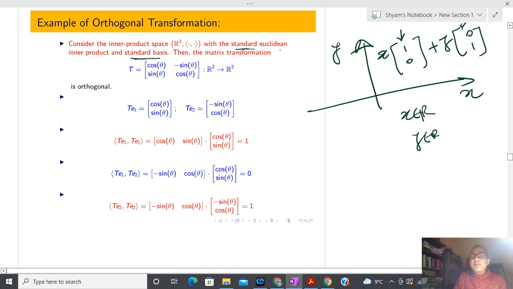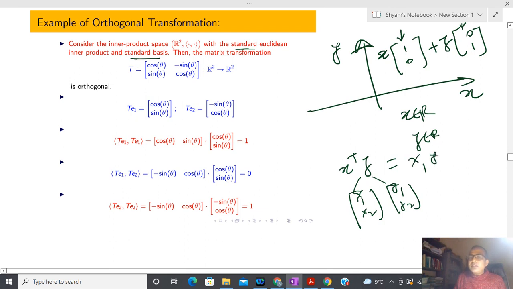A standard Euclidean product means that if I write x transpose y, what does it mean? If I have x as (x1, x2) and y as (y1, y2), then I understand it as x1 multiplied by y1 plus x2 multiplied by y2. That is a row times a column. Does anyone have confusion? Now, if I have a standard Euclidean inner product and a standard basis, then the matrix transformation